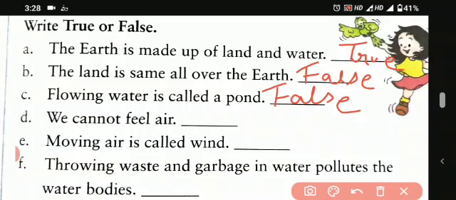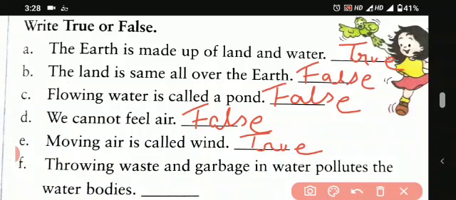The fourth one is: we cannot feel air. No students, we can feel the air. So this is also false. Moving air is called wind. Yes, students, moving air is called wind. So this is true. Throwing waste and garbage in water pollutes the water bodies.